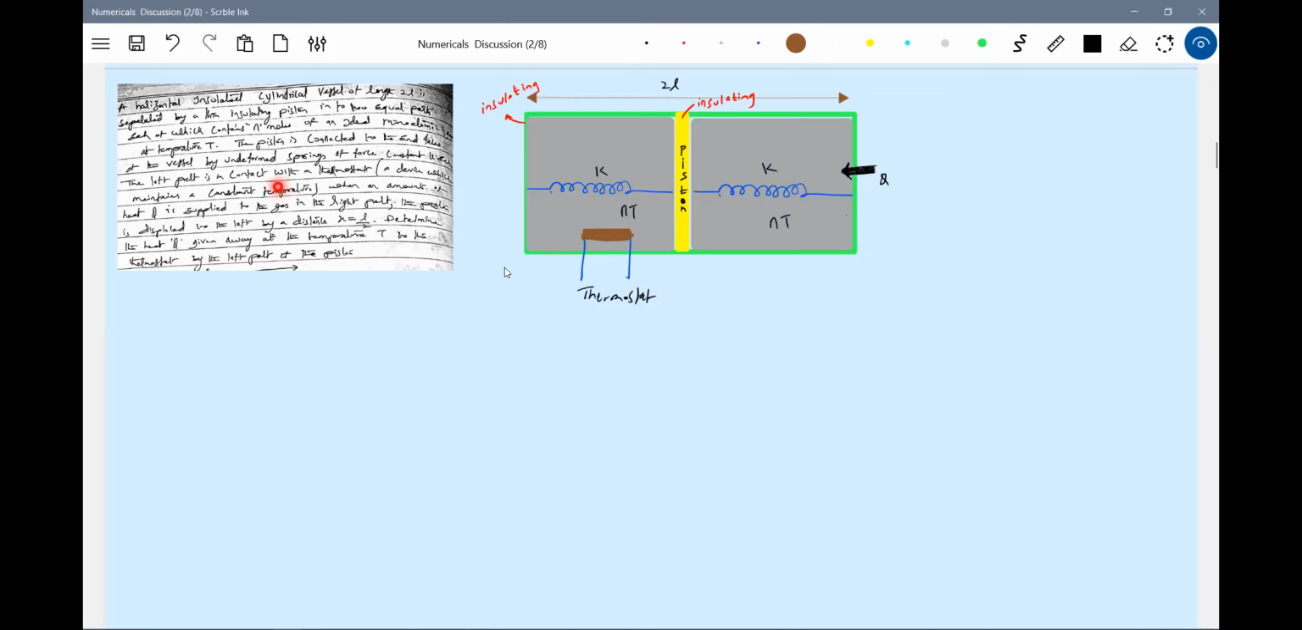Now the piston gets displaced. What actually happens is, as you supply heat, the gas here will absorb it and expand. Then the piston will be displaced towards the left. Okay, how to calculate the